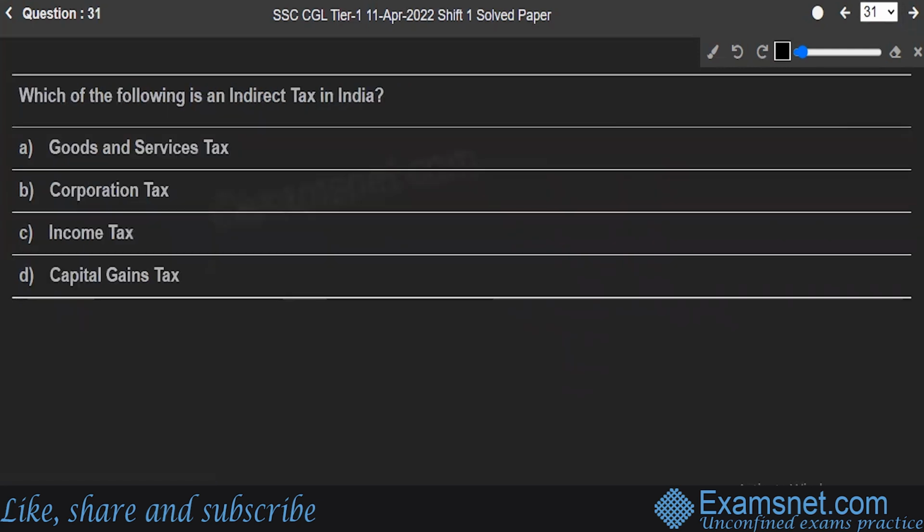Next, question number 31. Which of the following is an indirect tax in India? Goods and service tax, corporation tax, income tax, capital gains tax. So what do you think the correct answer should be? Well, yes, it's option A, goods and service tax. The GST, the goods and service tax, is a tax on goods and services. It's an indirect tax